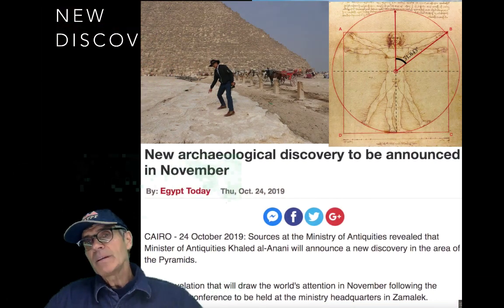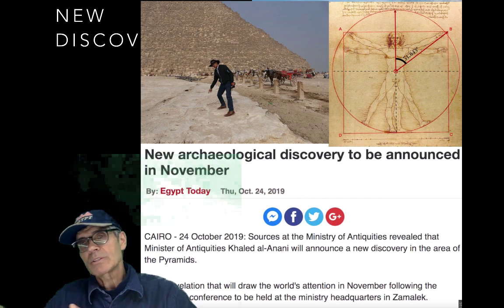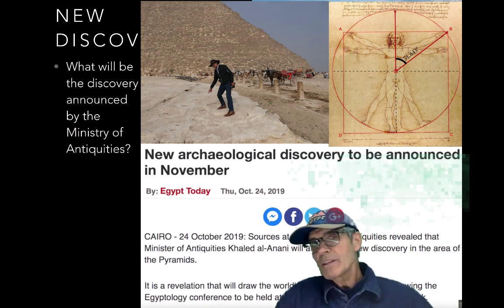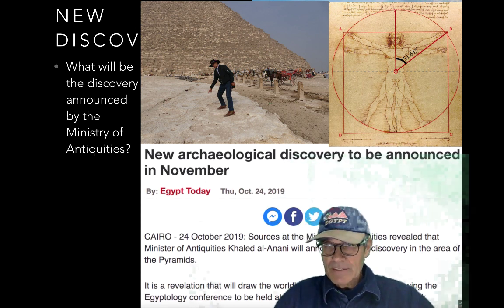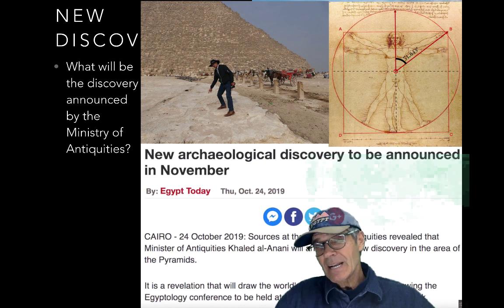And it's not going to be the holes that I talked about because, again, Egyptologists think John Romer's a little bit off. They don't interpret much of those, so that's not going to be their new discovery. So what will be the discovery announced by the Ministry of Antiquities? Well, I just happened to know yesterday, today is November 14th, so yesterday, November 13th, 2019, through an inside contact